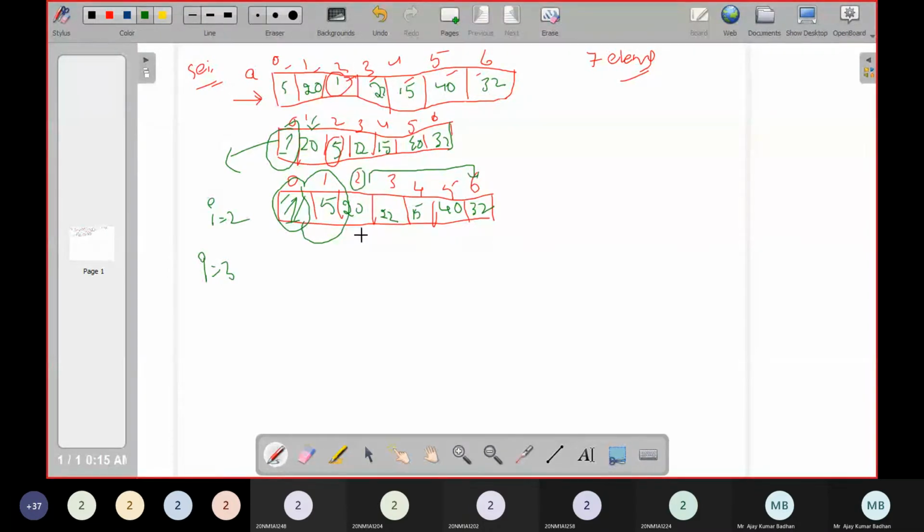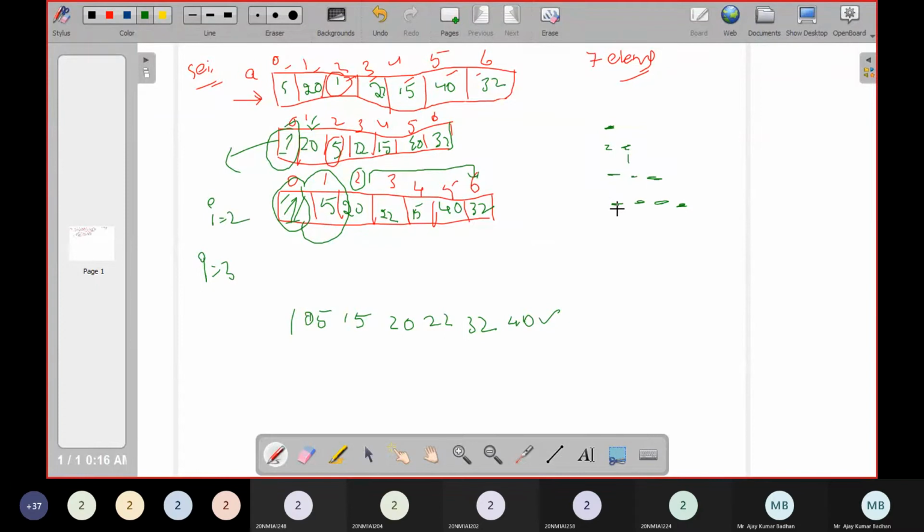So in this way, the final output you are going to get after all the iterations is 5, then 15, then 20, 22, then 32, and finally 40. So this is how exactly it works: it first selects the lowest element present in the array, and whatever the lowest value we have received here, it places it in the initial position, and after that it keeps on adding one by one. So this is the first position, then in the second iteration the second position will be filled, in the third iteration the third element will be filled, in the fourth iteration the next element, and this is how it keeps filling.